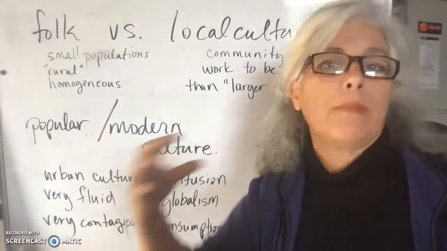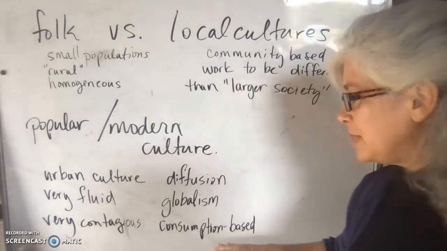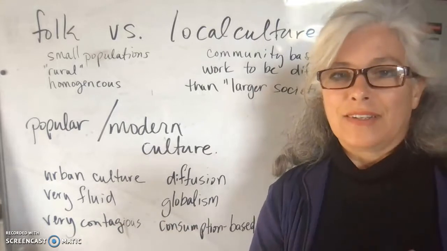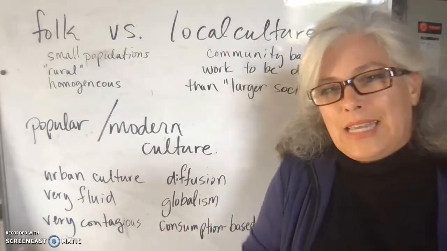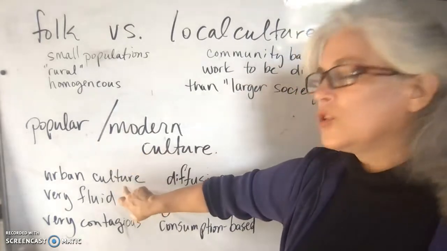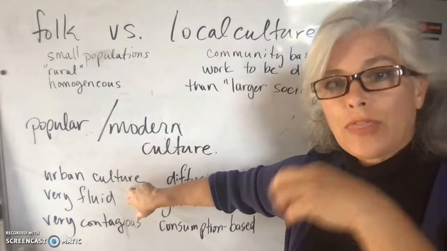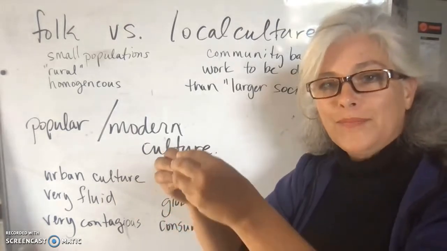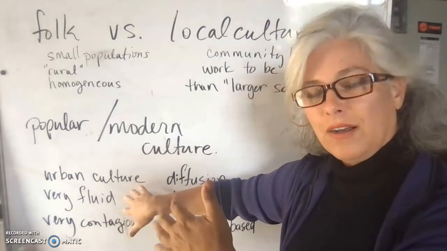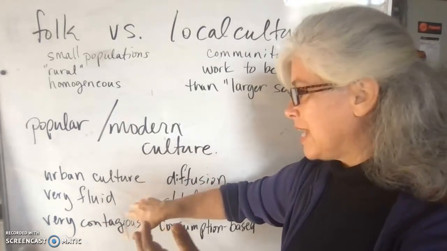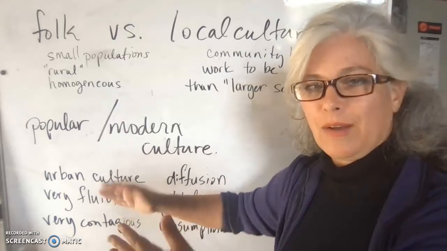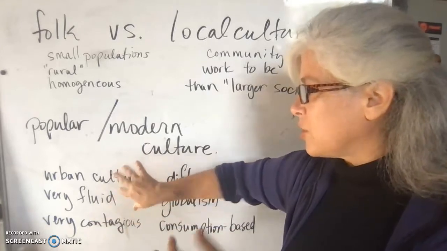So that you can participate in this consumptive, very contagious aspect of society. We want this. We want to seem up to date. And these popular and modern cultural components are typical to an urban environment. They first start there. That'll be where the nucleus is for where this aspect of daily life exists. And it's very fluid. It changes over time. The next big thing comes in and we forget the old thing,